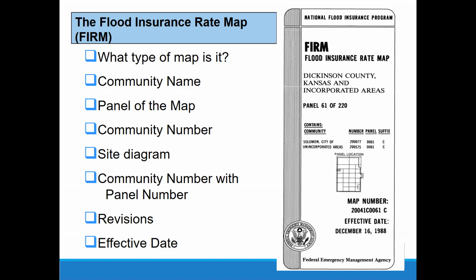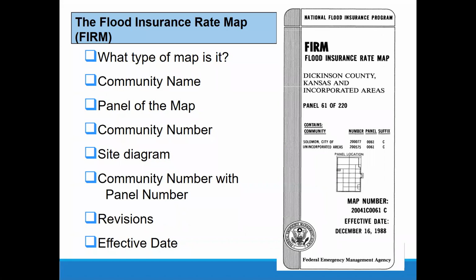It's a good example. And if you see newer flood maps, you'll see the map legend on those, but it's not all white and black like this. And this kind is easy to find certain things on. So the map will tell you that this is at the top a flood insurance rate map, a FIRM. The FIRM is a flood insurance rate map. It's a type of map. It's not an exercise program.